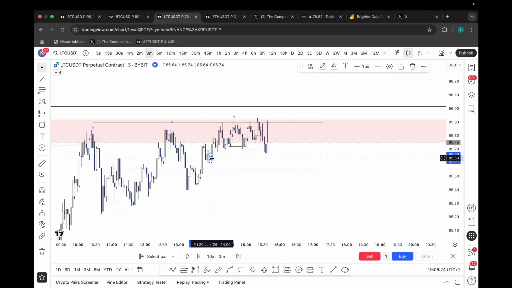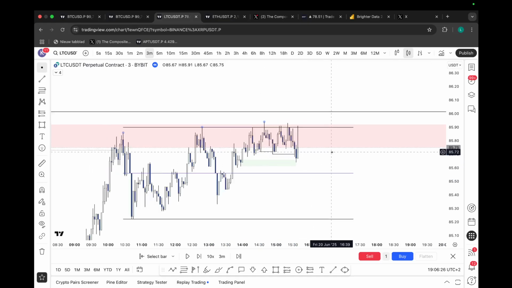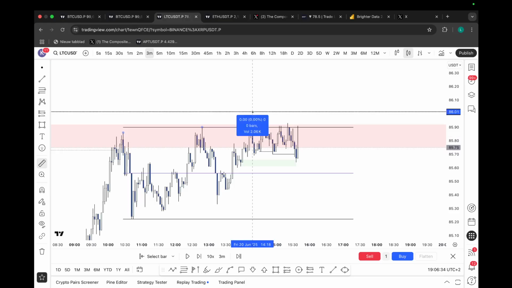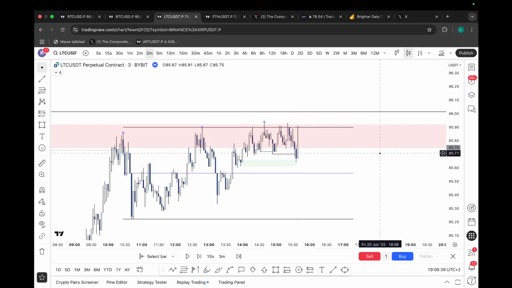Boom. At that point, we also identified this demand. So this was the situation that we were in. We were ranging here for a pretty long time because you could have gotten a potential entry already in here, and this basically took another hour and 30 minutes of purely just observing, paying close attention before actually pulling the trigger. So we initially deviated at market structure low and we came back up, and price kind of came for the extremes of that third tap expansion towards the downside, indicating a potential model 1 going over into a model 2 distribution. Okay, now below that market structure low we had 3-minute demand.